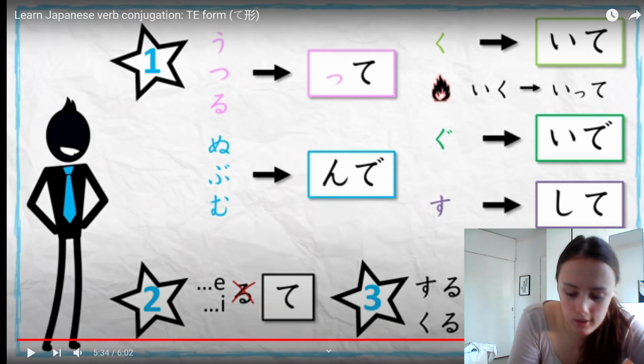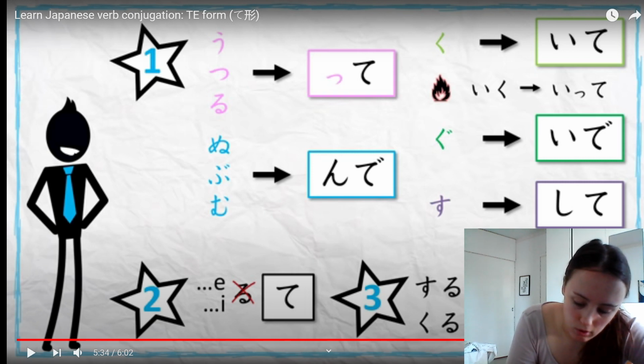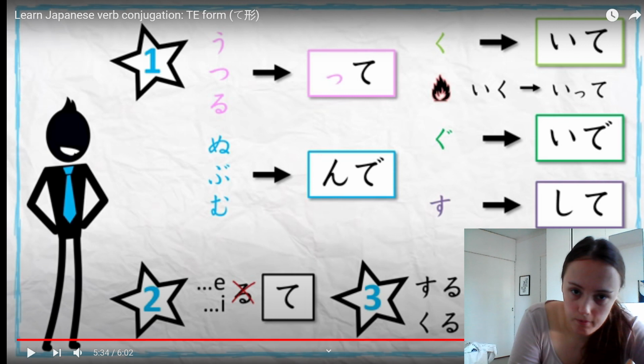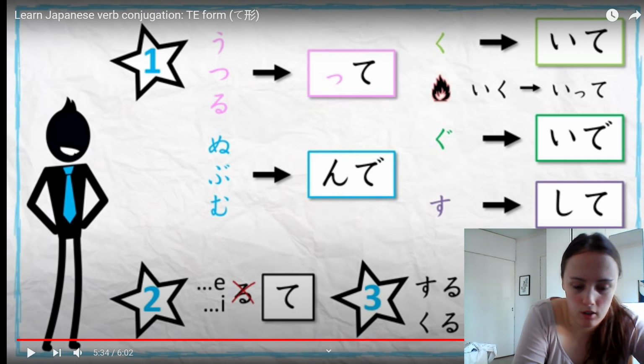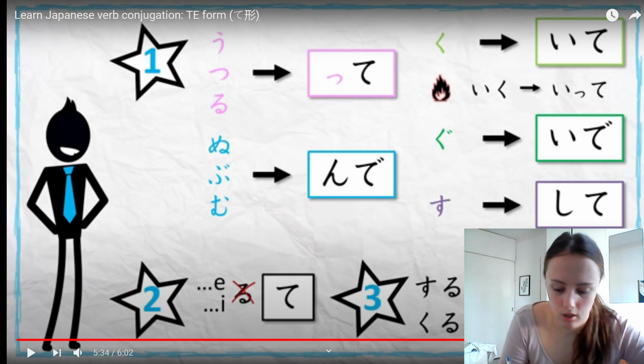Okay, so let's write first. Su, ru, then nu, bu, mu. So u, tsu, ru becomes small tsu and te, and nu, bu, mu becomes small n and de, and ku becomes ite, gu becomes ide, and su becomes shite, and